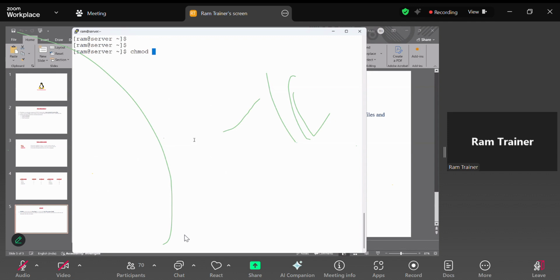And the next important thing: if I run chmod 4 on a file named Java, can anyone tell what the value means? This is one interview question. It is only read permission. I know it is a read permission, but for whom? User, group, or others? Others. Okay, that's what I'm asking.